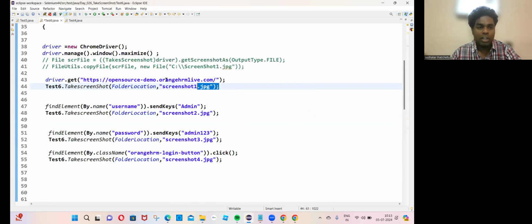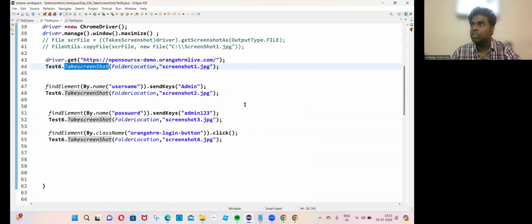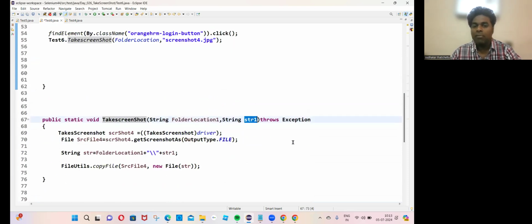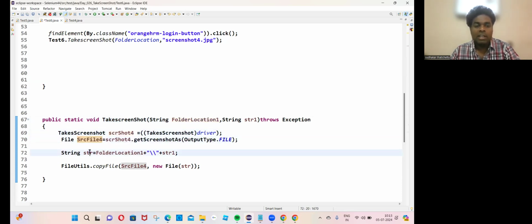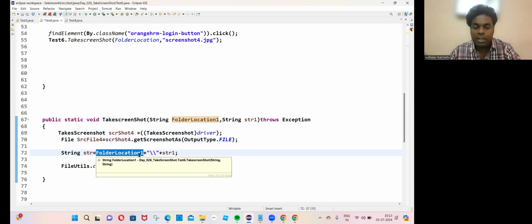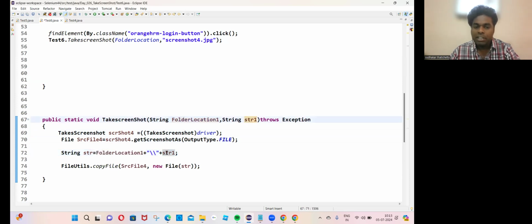Whenever this line gets executed, the take screenshot method is executing with the input value screenshot 1.jpg. Here str1 contains screenshot 1.jpg, and it contains the D drive test5 folder location. So take screenshot is the first line executed, and the second is the file src. This object is converted to file format, and string str is equal to the folder location. Under the folder location, with the name str1, screenshot 1.jpg is saved, and then FileUtils.copyFile